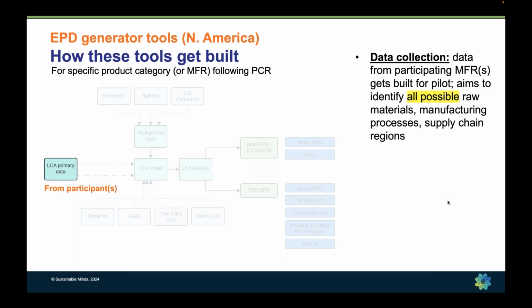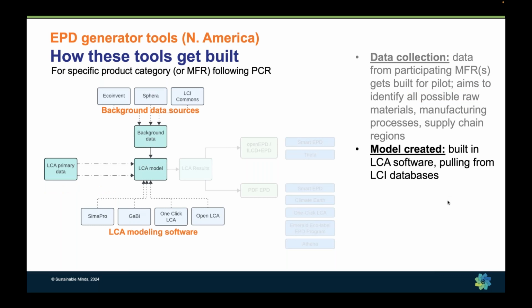So the first step of the process then is to collect LCA data that covers all possible raw materials that could be used to create the products, all possible manufacturing processes, all possible supply chain regions, really to capture all possible data input scenarios. And like a traditional LCA project, the model is then built with all of that primary data in mind, using the chosen LCA modeling software, pulling from the most relevant LCI databases.